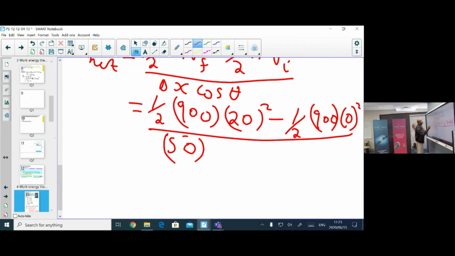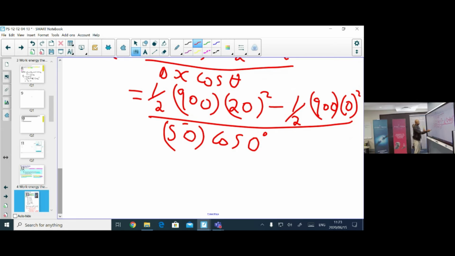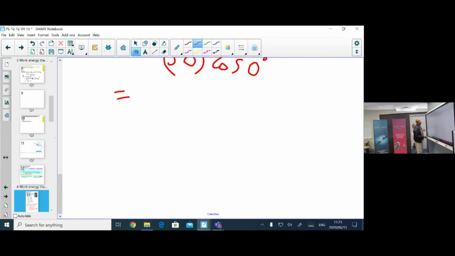Don't forget that. Multiply by cos theta, and theta is 0 degree, which is equals to,